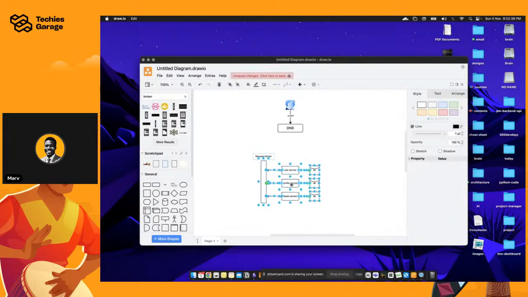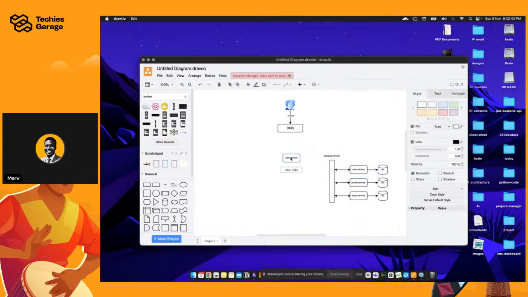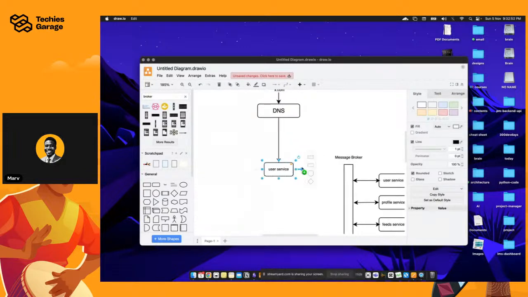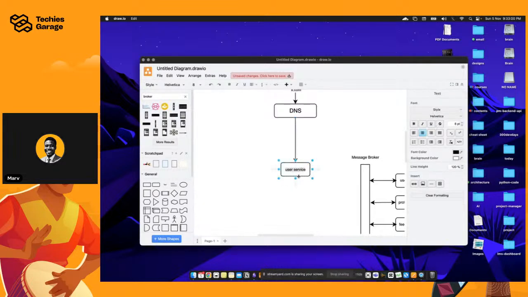So just to explain this better to you. Let's say you're communicating with a single service here, right? If anything should happen to this service, it means your users would not be able to sign in or sign up, right? If this service goes down. But one thing you can do is to then have, so we can call this load balancer.